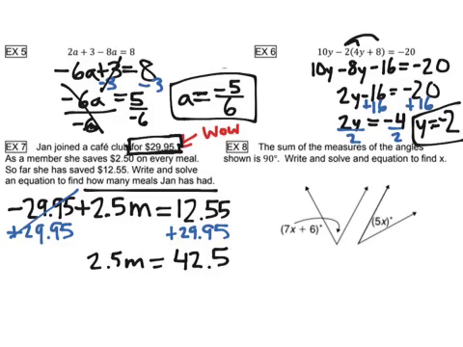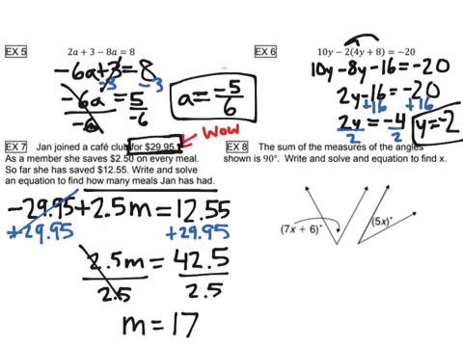Now my last step, I just have to divide by what's being multiplied by m. So divide by 2.5, divide by 2.5, and on the left side, 2.5 divided by 2.5, that turns into a 1. 1 times m is just m. So m equals 42.5 divided by 2.5, and your calculator will give you 17. So she has had 17 meals,